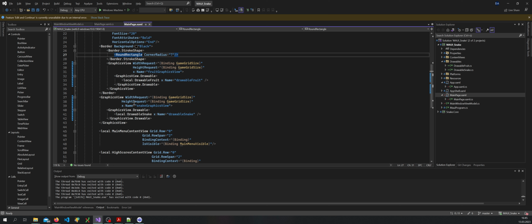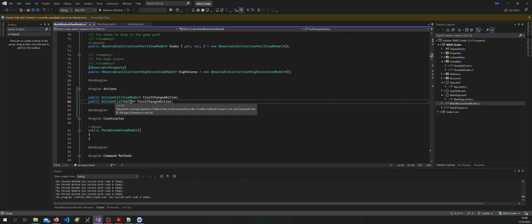And then in the... here we're going to need a new action. It's going to pass in the list of cell view model, and then, yeah, so we got the fruit changed, so we change it to snake changed action,